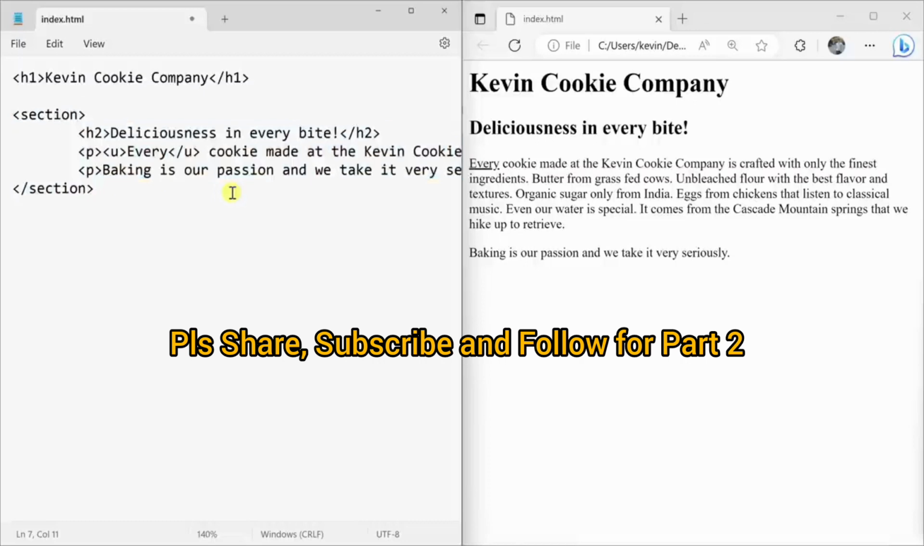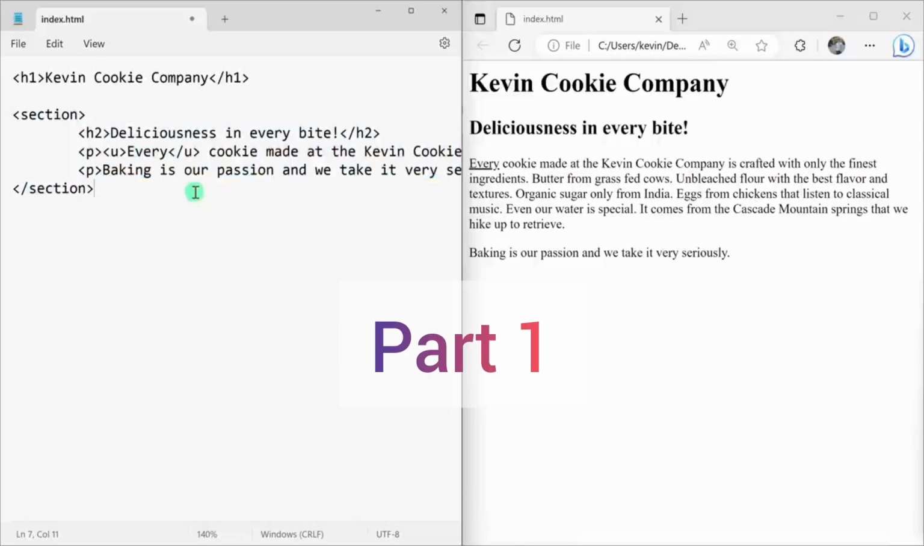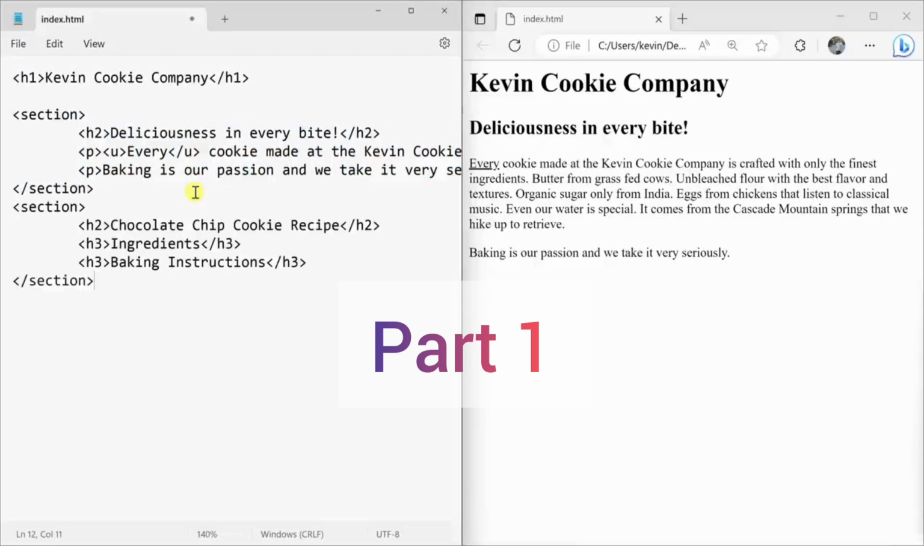Next, I want to enter another section into my HTML file. Here, I'll insert a new line, and here I'll enter in a new section. Just like